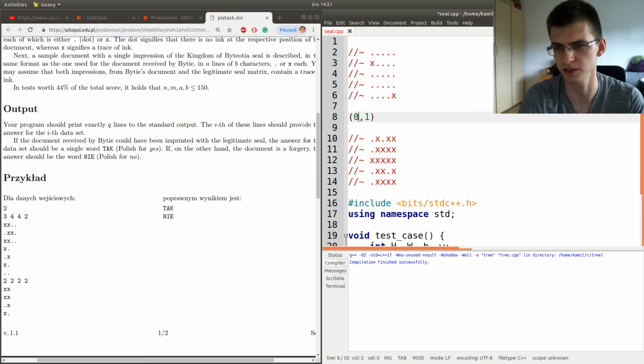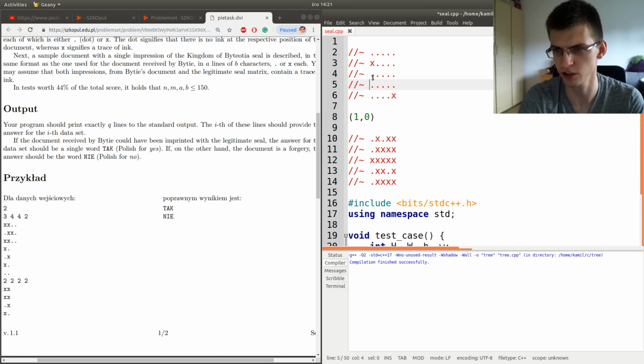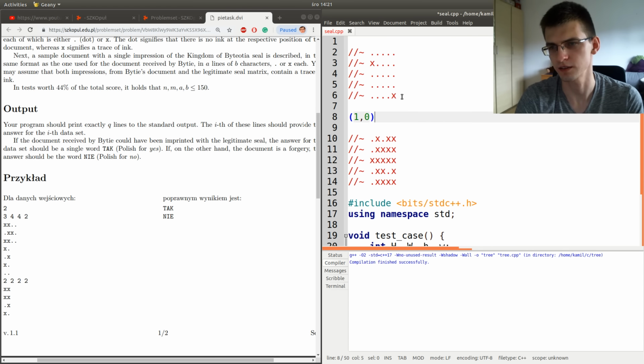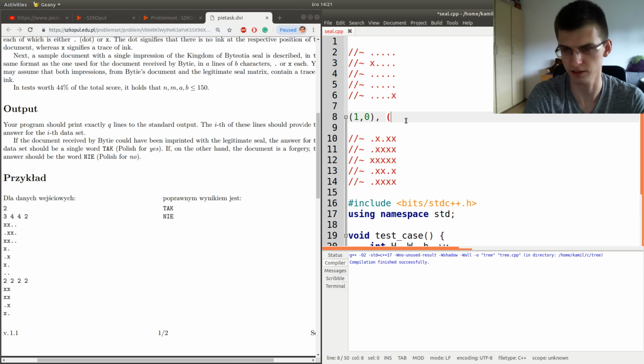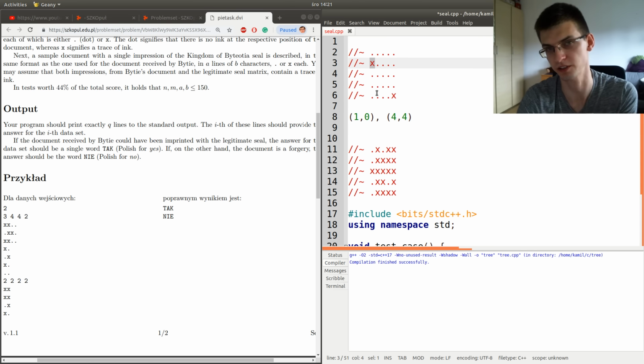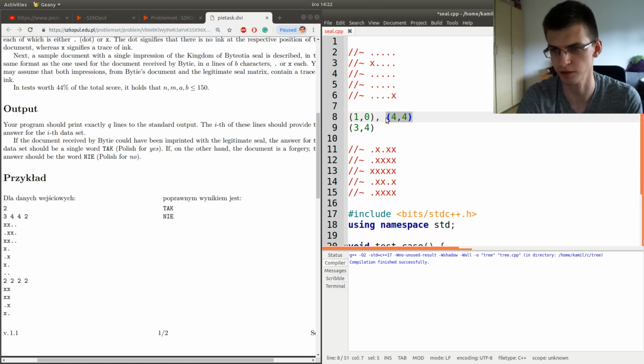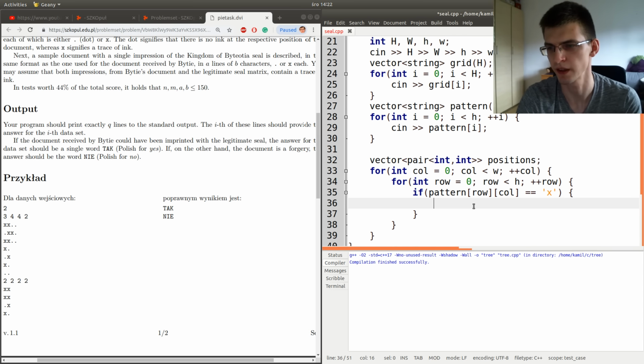So maybe it's better to name it 1, 0. 1 is because it's row number 1, and 0 because it's column number 0. And this x had coordinates 4, 4. And then we just will have to subtract it to get coordinates with respect to the first x. So this would get coordinates 3, 4, because it's 4, 4 minus 1, 0.